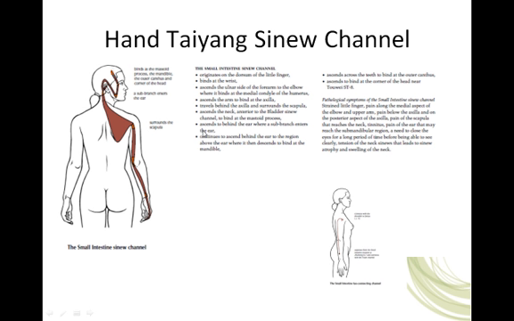We see here a picture of the Luo channel. It separates from the small intestine channel at small intestine 7 and connects with the heart channel, then moves up along the arm and connects with the shoulder at large intestine 15. So we have a connection with this channel, right? Really a lot of shoulder issues, around the whole scapula, a connection of the primary channel to the large intestine channel, large intestine 14, and a connection of the connecting channel, large intestine 15.